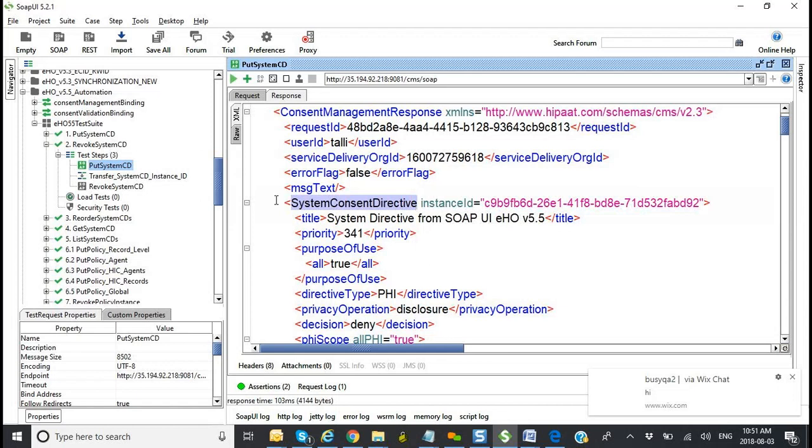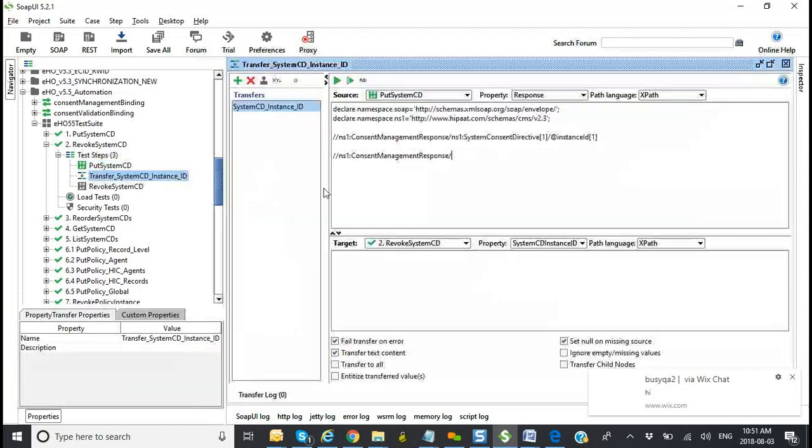So I'll copy that. I'll go into my thing. And same thing, don't forget your NS1. If you notice, it's only a single slash now. So the first one is a double slash. The next one is a single slash. And now, don't forget your colon. This is the next one. Okay. And now I will put a slash again